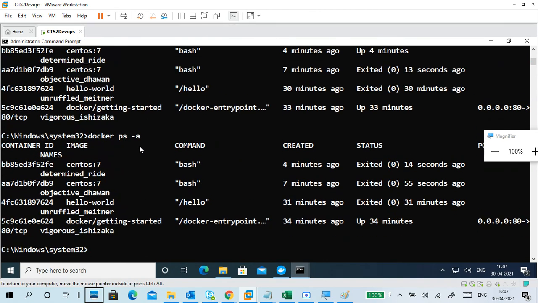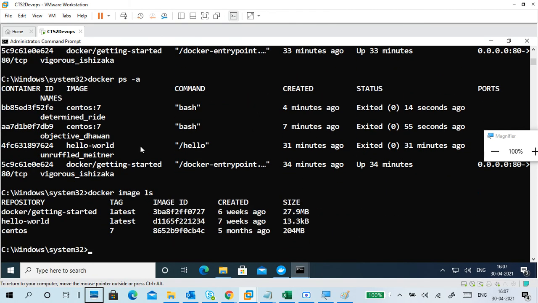Okay, first of all, docker image ls, so then you can see the image ID here. If you want to remove this image, you must stop the containers. So I have to put in Docker commands. Again, docker stop means work is completed, so you no longer require these containers.